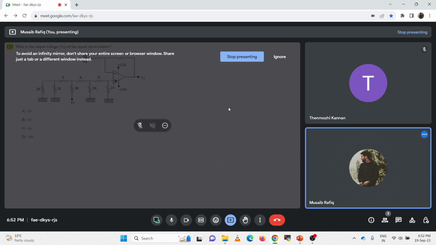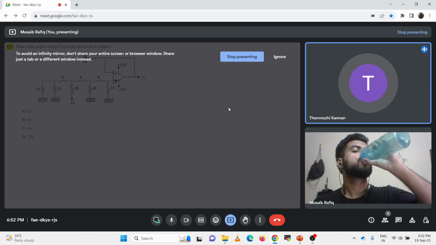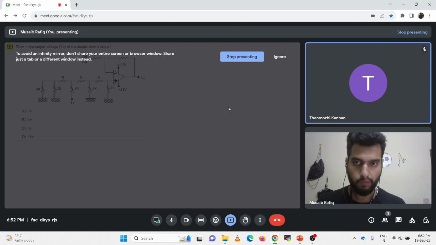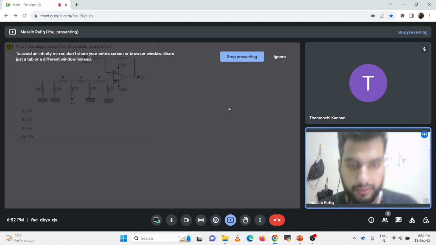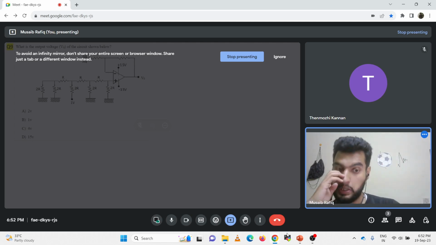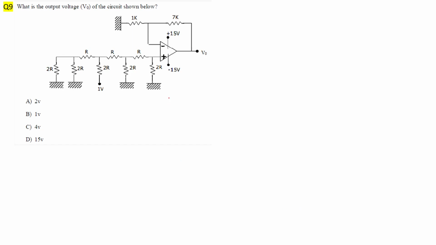So have you done it? Okay, no worries. Let me just show the solution. This is again an R2R DAC, with the R2R ladder connected to your non-inverting terminal. Let's just term it as VZ. So your VZ will be equal to,